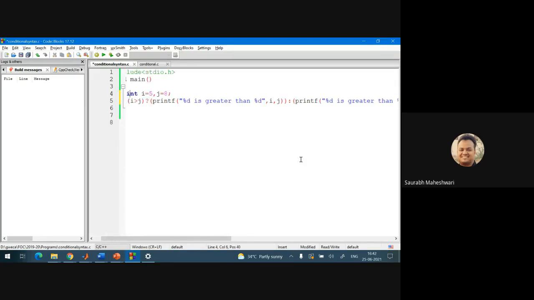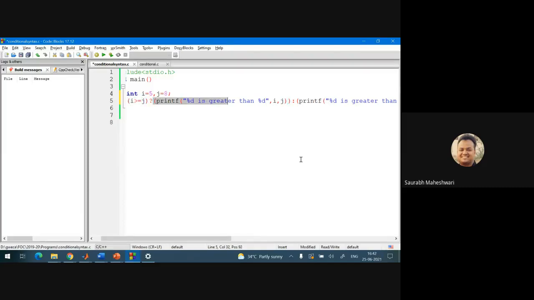And you can ensure that equal values are also handled, so you can write equal to also here. If both are equal, it is still going to print that i is greater than j. So this is the simple conditional operator statement where you have written this condition.